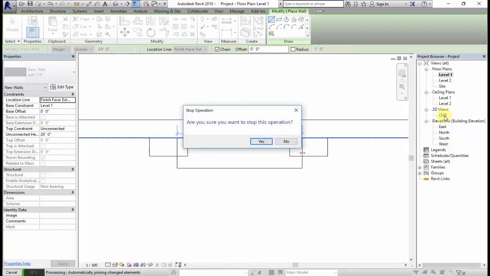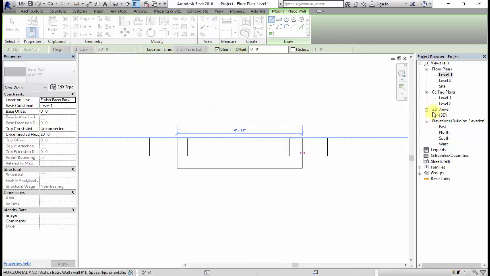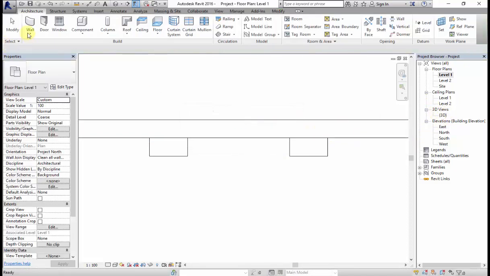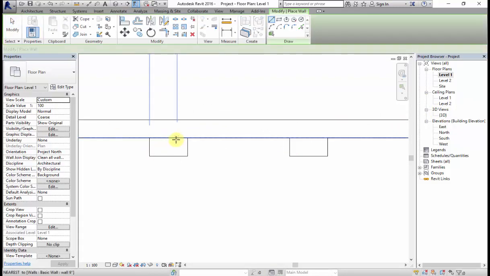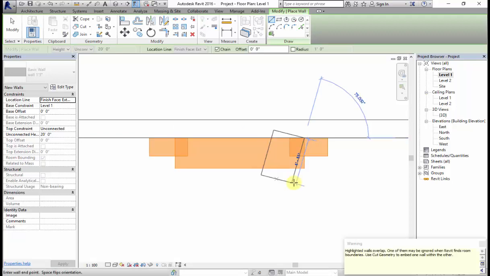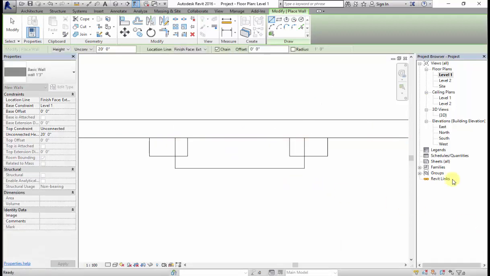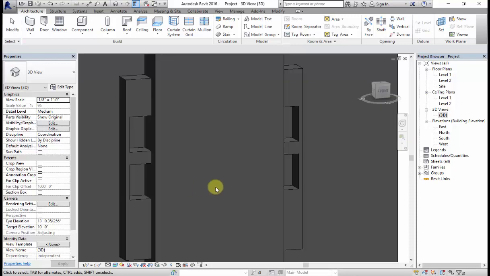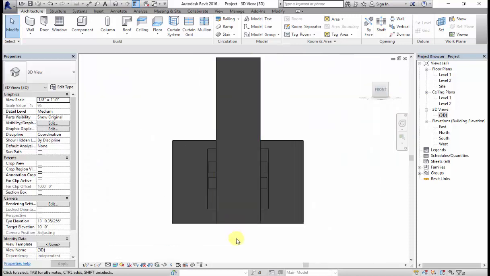So next again come to 3D. If it is overlapping, let it overlap. Next here again I'll give the wall height.